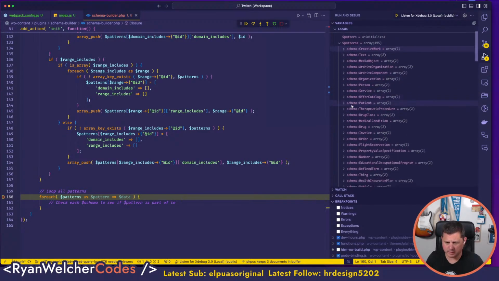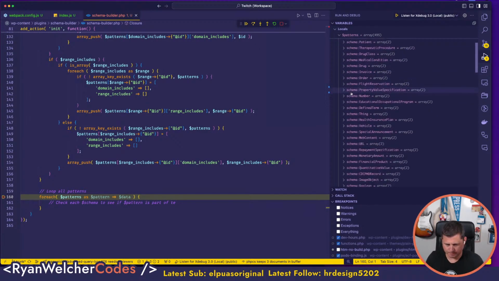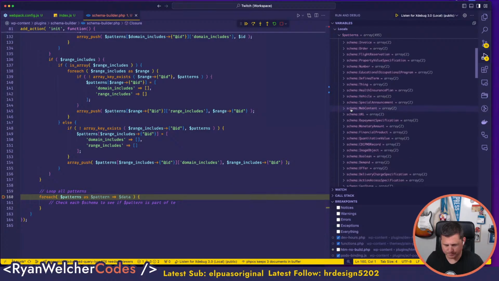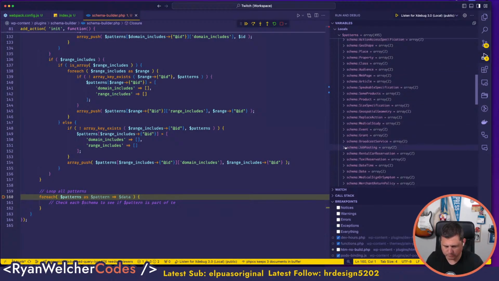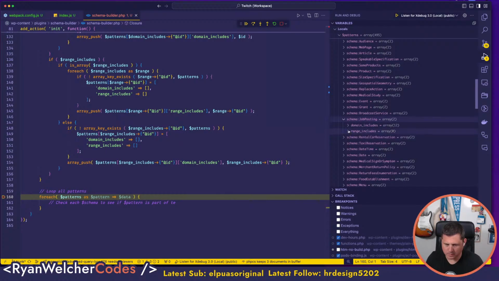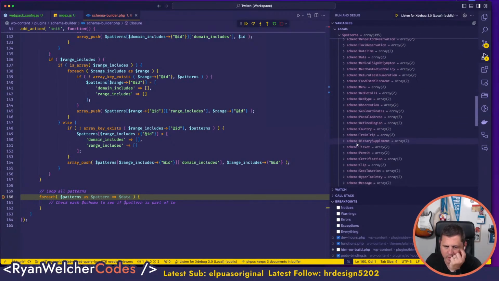So let's look at this job posting. It was in here at one point. We got Boolean. Okay, so job posting is not included in anything but range. All right, so let's look for place, or something that could be in a